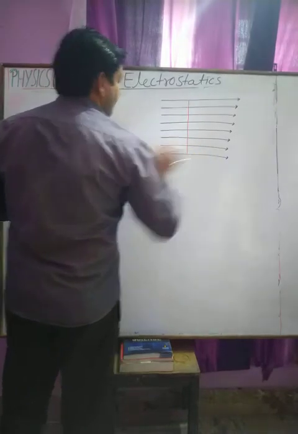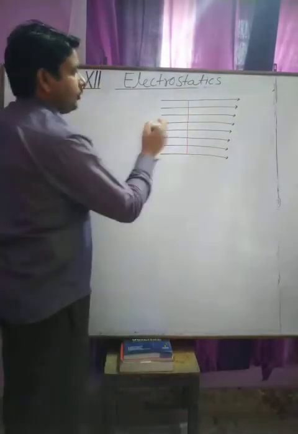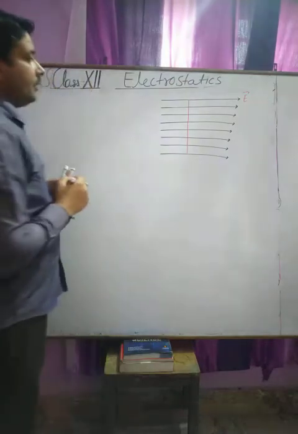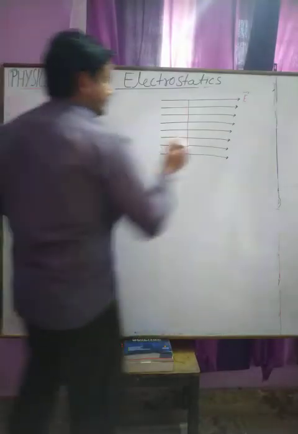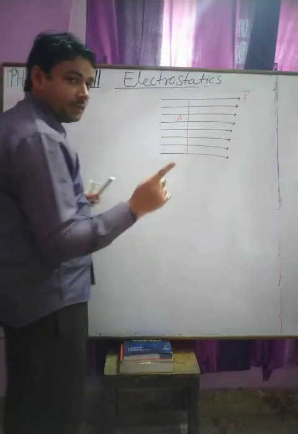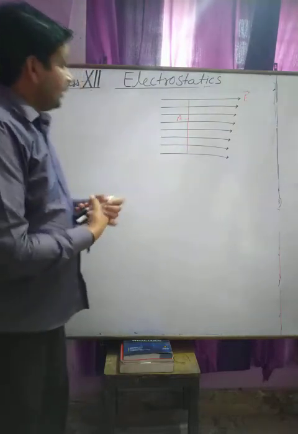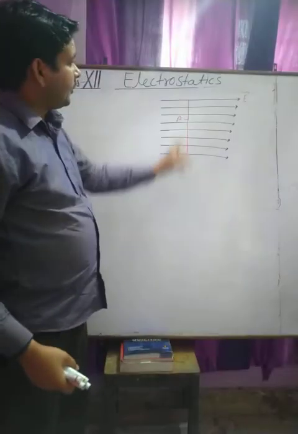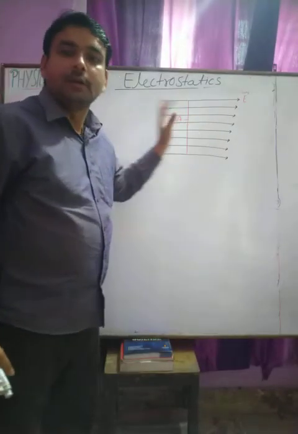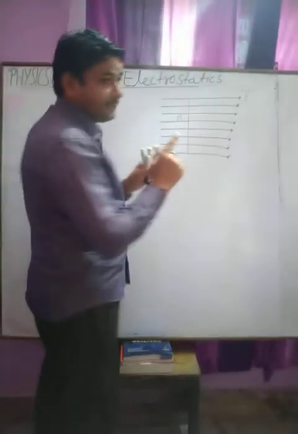We have a plane surface which is placed in a uniform electric field of magnitude E. Now this is a plane surface of area A. When this is placed perpendicular to the electric field, all the field lines are linked with this surface. Now when we turn this surface by an angle,